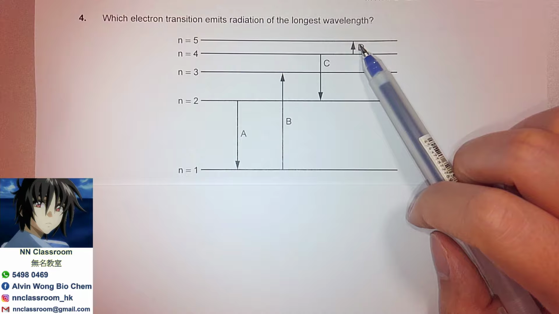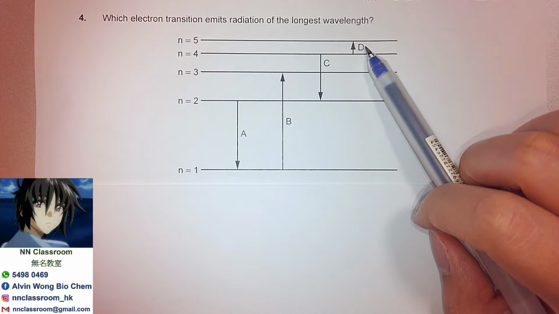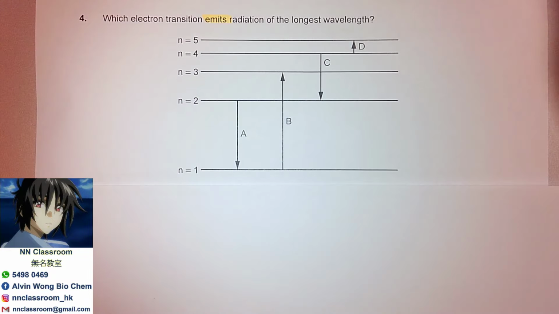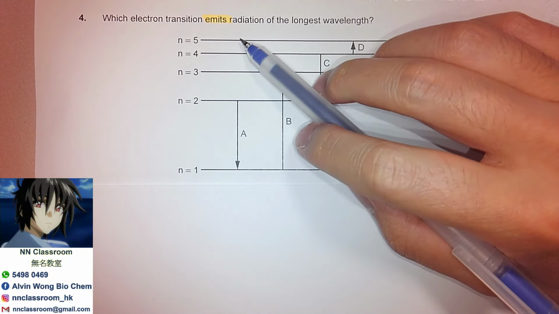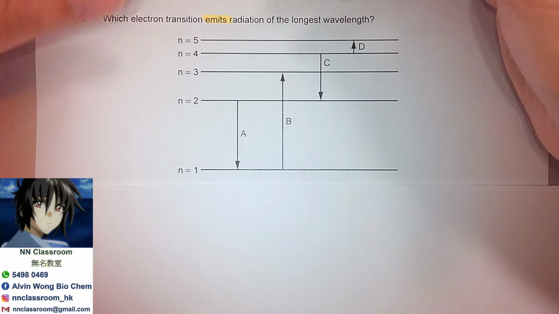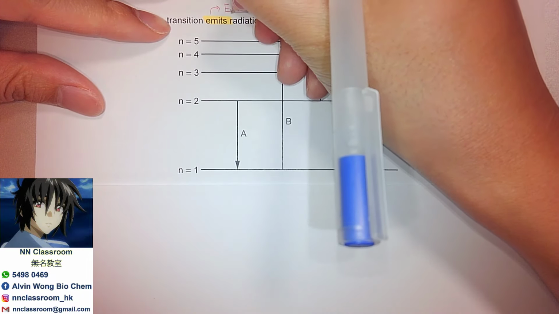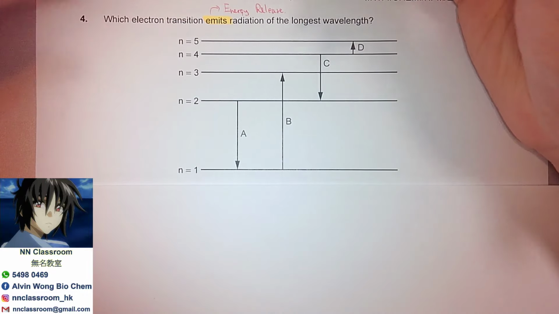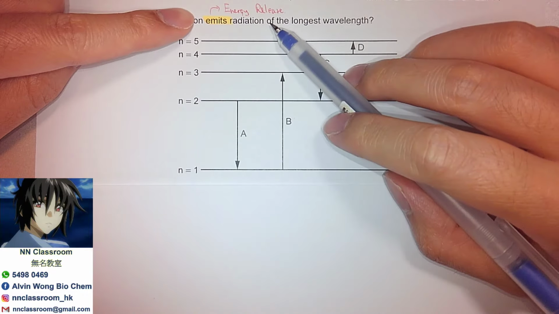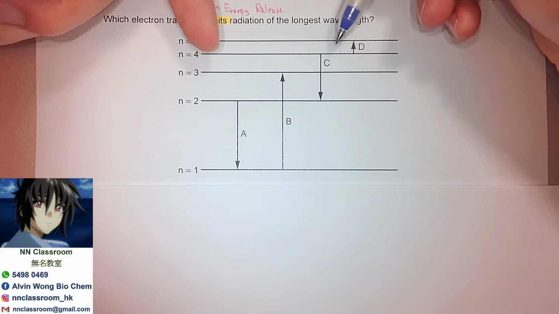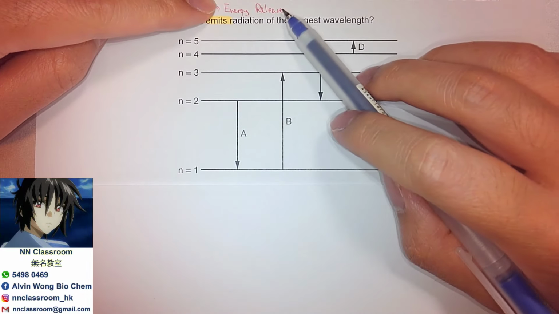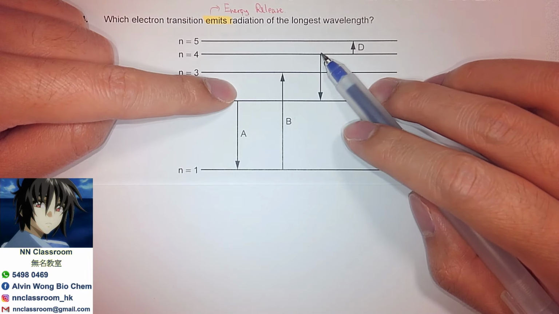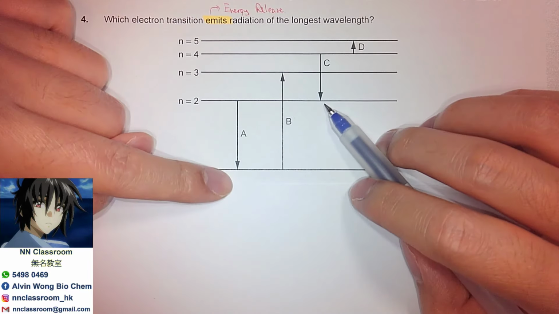So from this question, two important keywords. The first one, which is going to be this word, emit. You are going to find a radiation that is going to be emitting but not absorbing. What's emitting behind meaning? That means energy release. R-E-L-E-A-S-E, release. That means we should find out an arrow that is going to be pointing downwards, because energy only emits, or radiation is emitting, when the electron move from high energy level back to the lower energy level.